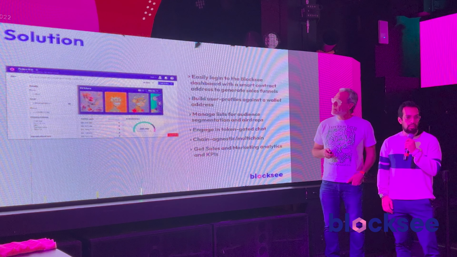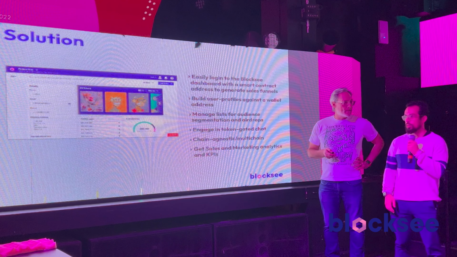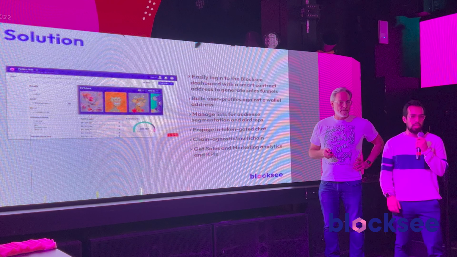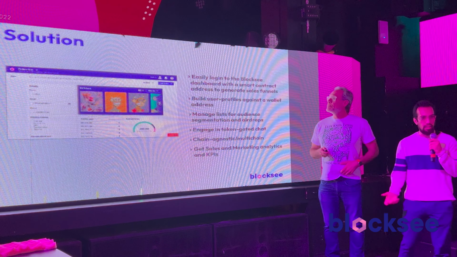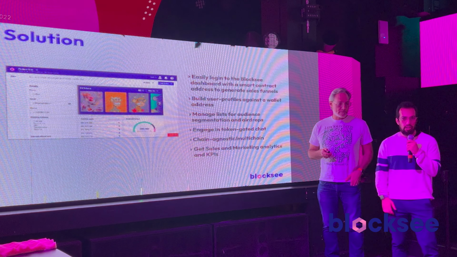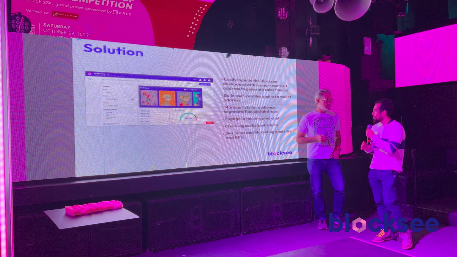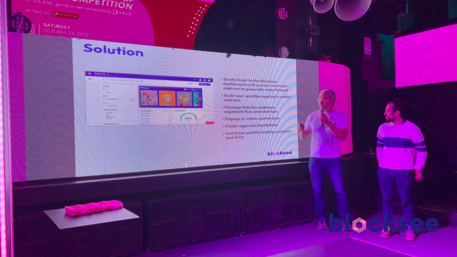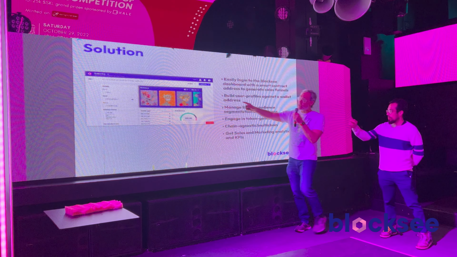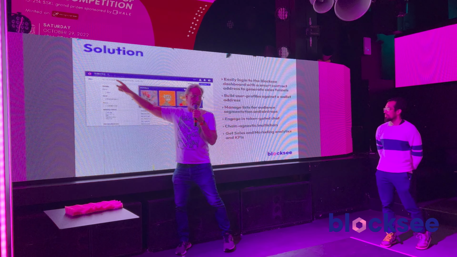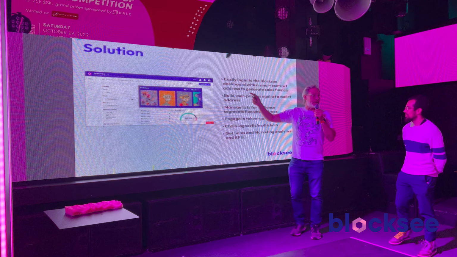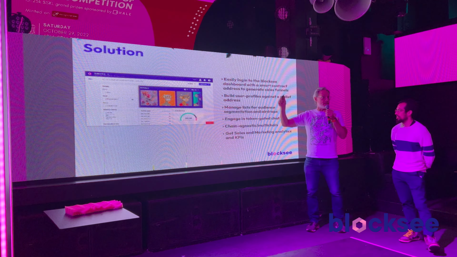From that data, you'll be able to segment that total audience into custom lists where you can start to generate unique activations like airdrops and token-gated chat, which we also will be able to provide, sort of a flywheel effect for that funnel. That's a user profile right there. That is a wallet address. You can build user profiles against wallet addresses. This is a true Web3 CRM that leverages on-chain data and information in the wallets and smart contracts.